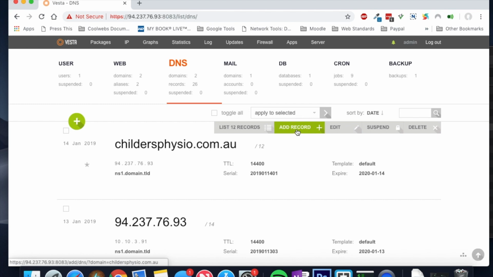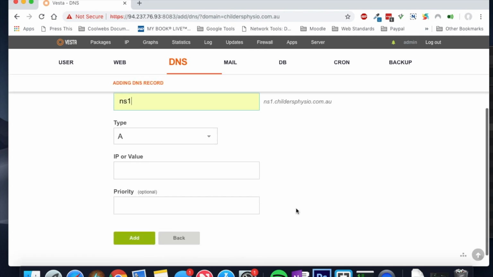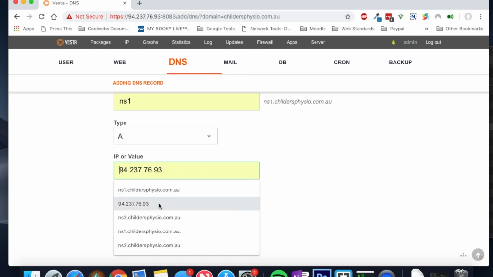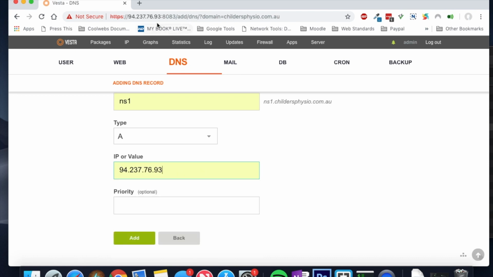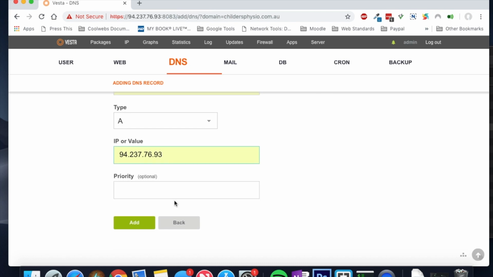So what we're going to do is hit the add record. We're going to go NS1, and that's default. It's going to apply that in there for you. Now we just choose the IP, of course. Just make sure it matches the IP at the top here that we've got. Optional priority, you can do that to push the propagation a bit faster, but we're just going to leave it as default. We're going to add that,